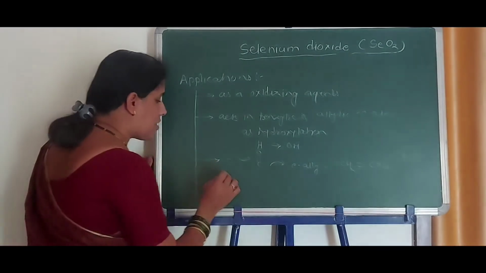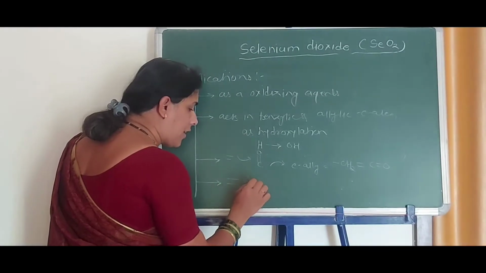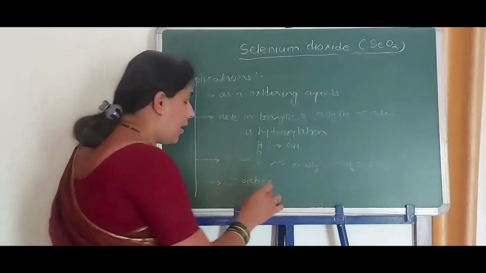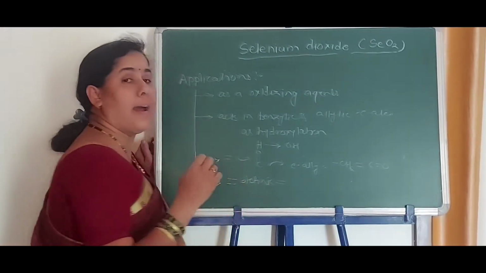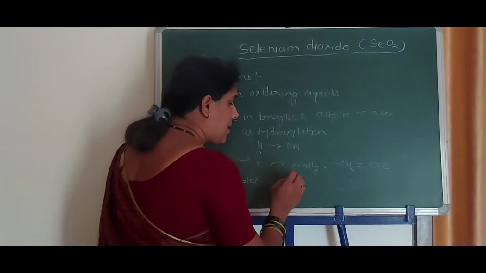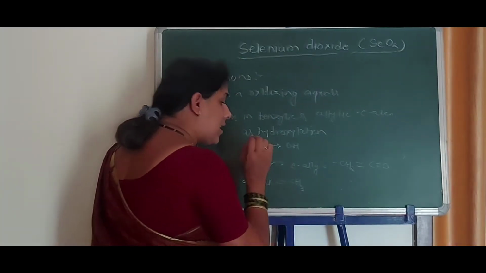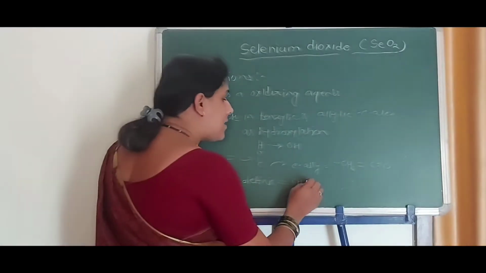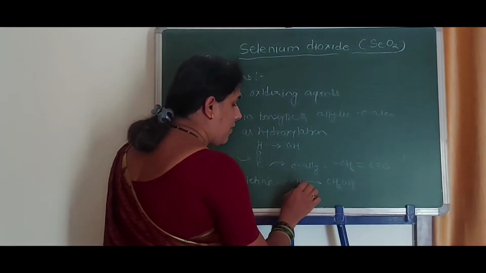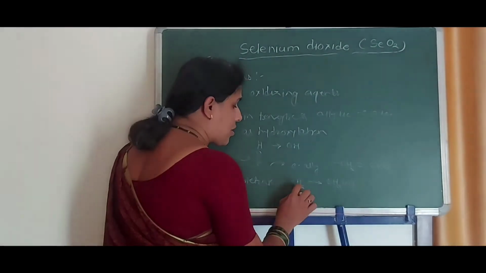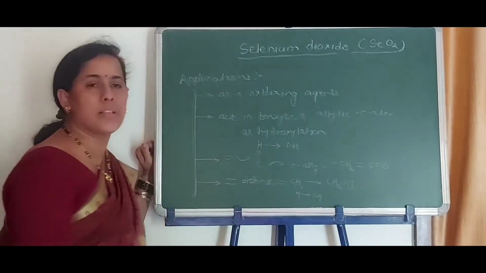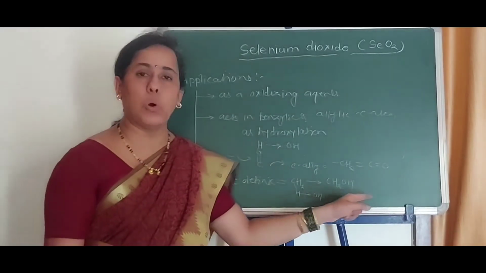Then, when the structure is an olefinic compound in which the double bond is present at the terminal position, which suggests the presence of a CH3 group, that CH3 group can be converted into a CH2 group. One of the H is converted into an OH. Therefore, the conversion gives CH2OH.